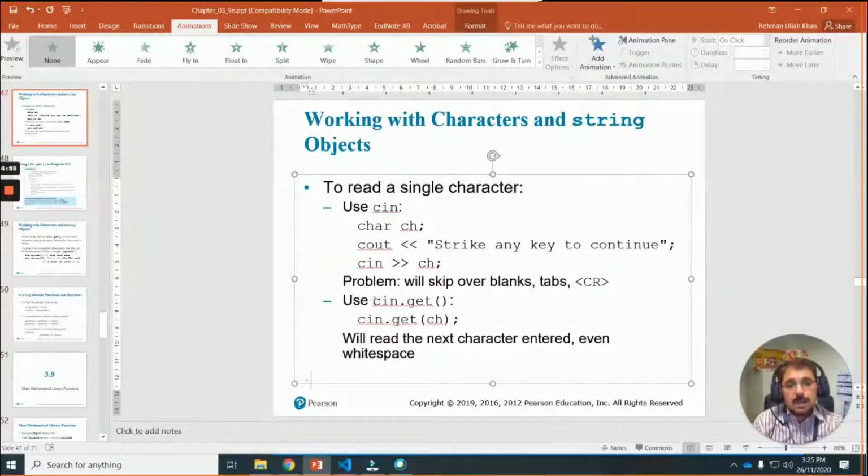There is another function also: if you want to read only one character, you can use cin dot get. Cin dot get will only read one character. You cannot read a whole word, like my first name, it can only read one character. Okay, so next one.